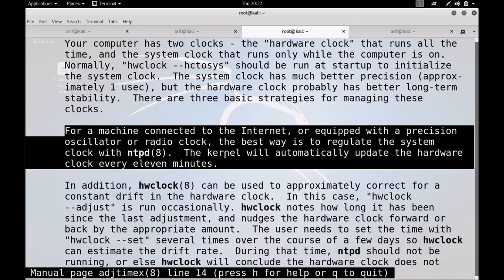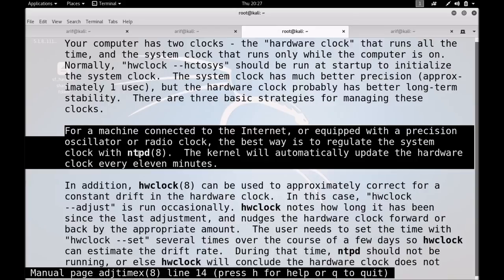If your kernel is running in a mode known as the 11-minute mode, after every 11 minutes it updates its time using the NTP protocol.